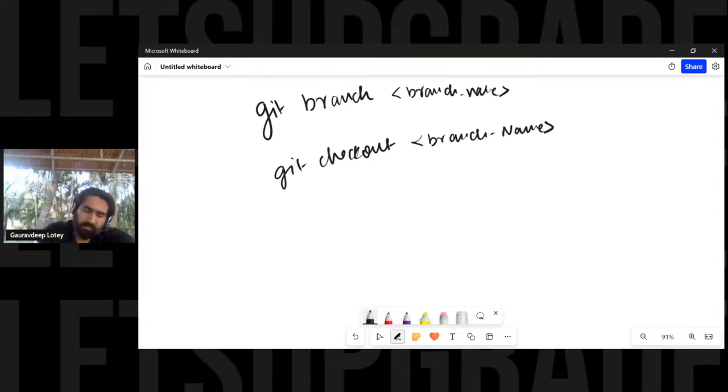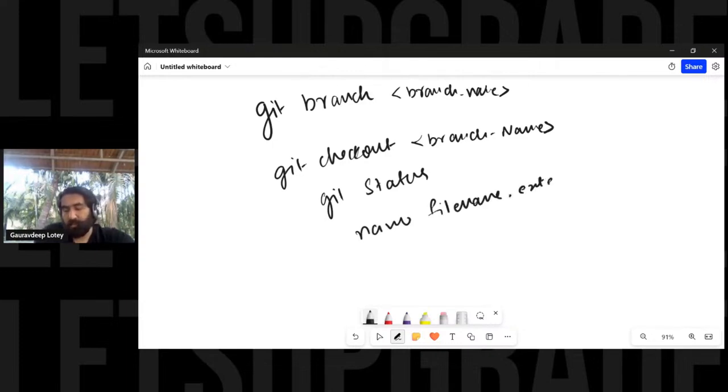And then we can do git status on it, whatever we want to do. Say I want to get the status of this branch. Suppose I want to edit some files. I will use nano as the editor, nano file name, and whatever is the extension, dot extension. Suppose I want to edit some Python files, I will do file.py, which could be the name of the file. Whatever is the name of the file, it could be that, right? As simple as that. So I'll just mention the file name, I'll mention the extension, and I'll just simply start